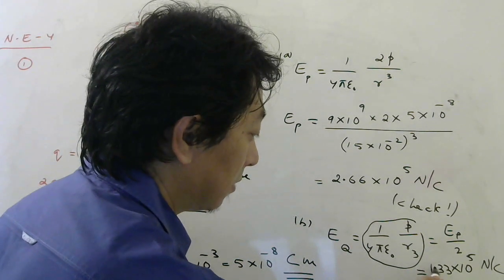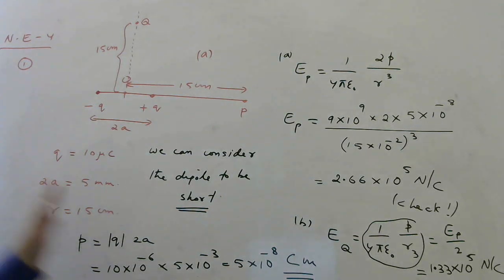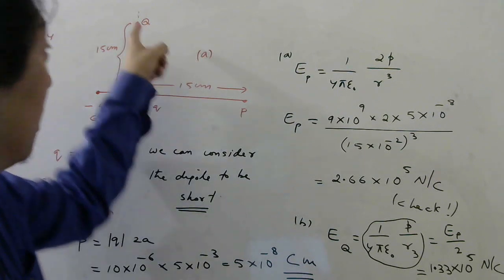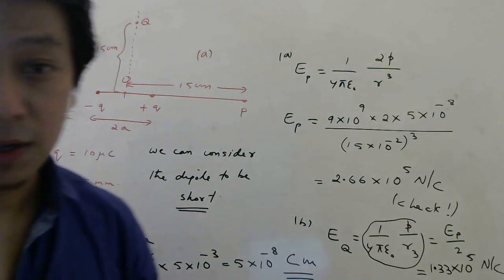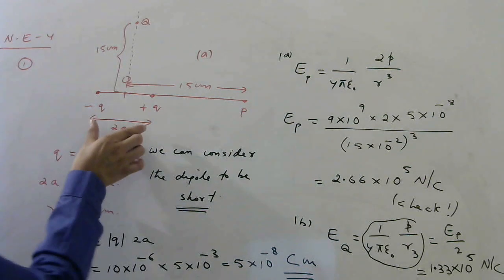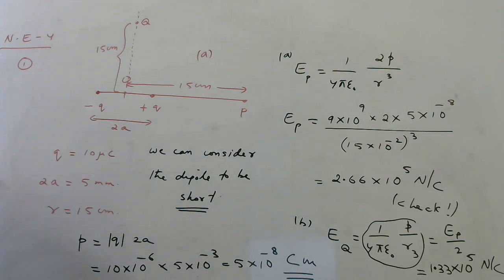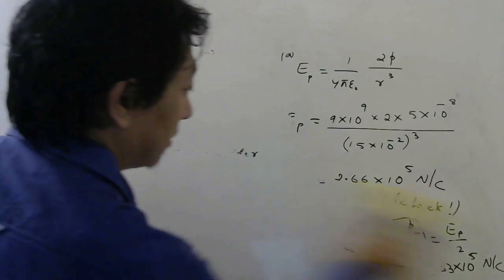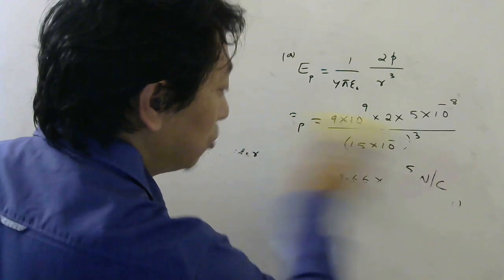This point is not visible. Like this, you can use directly the formula that we derived for electric field at axial point and equatorial point for a short dipole. And why can we treat it short? Because this distance is given quite small, in millimeters. So I hope this problem was not that difficult. In PU level, the problems are just two-step problems. Two-step means you will have to use two formulas because they want it for 5 marks, right? If you use only one formula, then the problem will be very short.